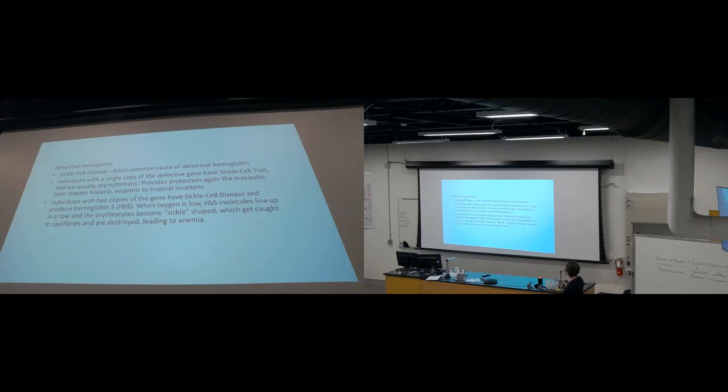And this is transmitted by the bite of a mosquito that carries this protozoan. Malaria is found in tropical regions. The reason for this protection is that the receptor for malaria is absent when the person has this defective gene in a single copy. Now, if the person has two copies of this gene defective, the person will develop